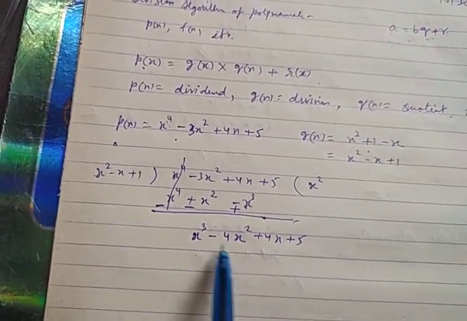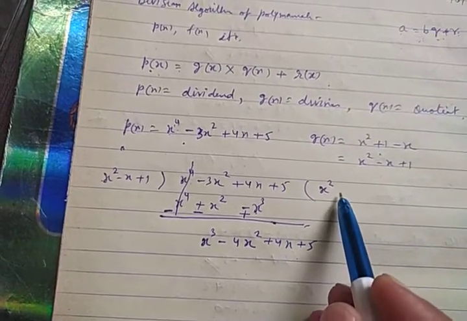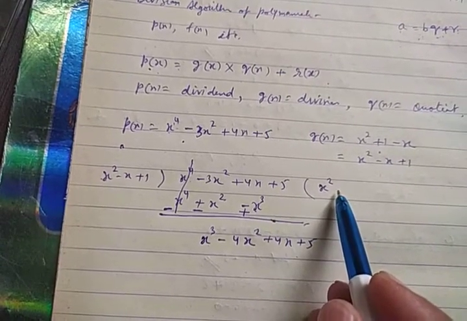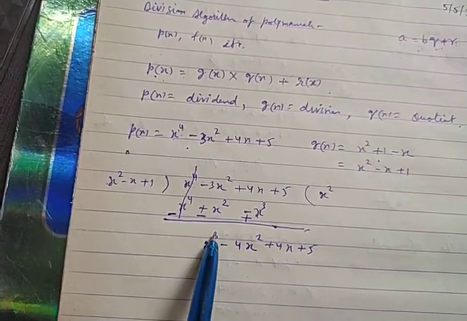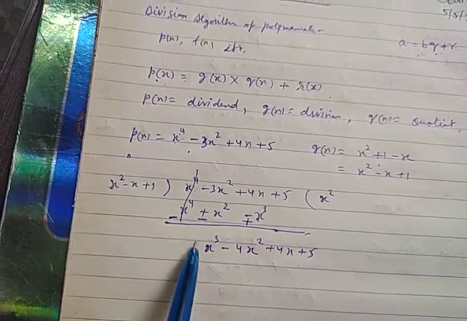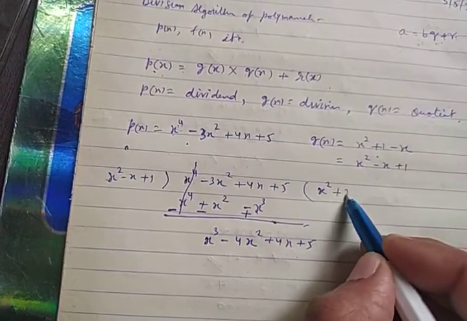Now the same process is to be followed again. You have to take a certain number or expression or variable. Now it is power 2 here, and 1 power is looking less. Here 2 powers were less, here 1 power is less. Then you will take x.